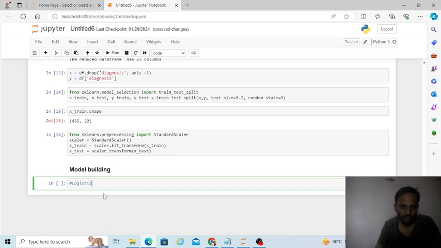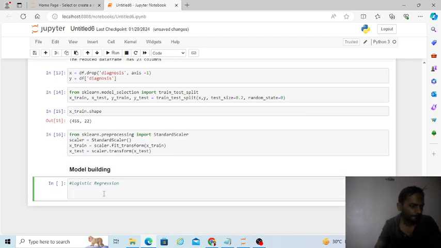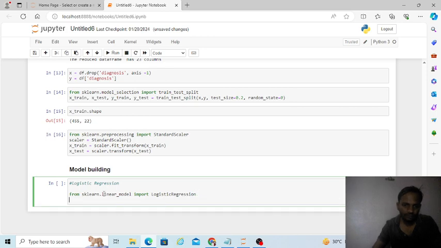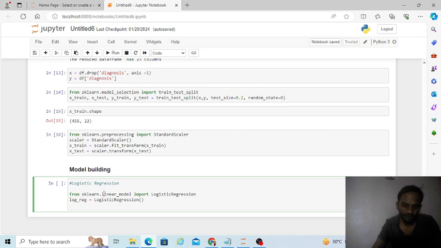Logistic regression. From sklearn.linear_model import LogisticRegression. log_reg is equal to, we will call its object, LogisticRegression, and I will try to pass log_reg.fit